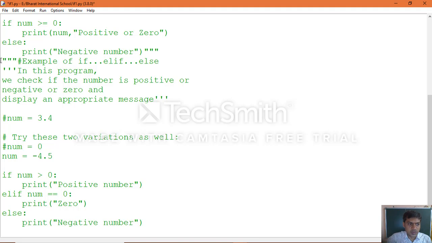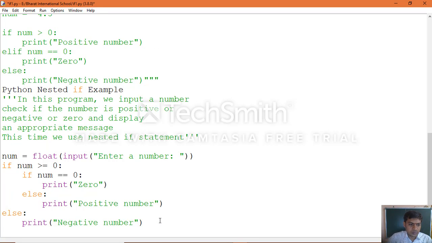Same way, put this in comment. In this program we input a number, check if the number is positive, negative or 0, and display an appropriate message. This time we use a nested if statement.